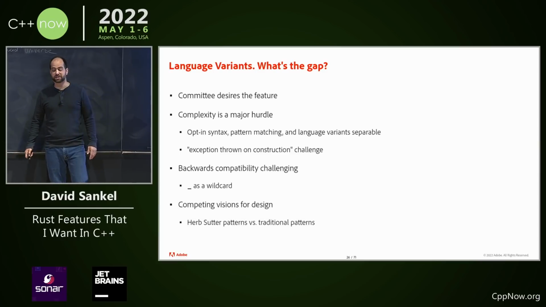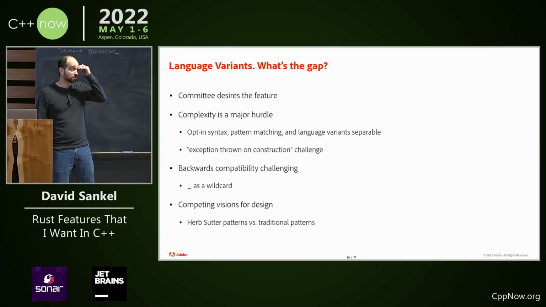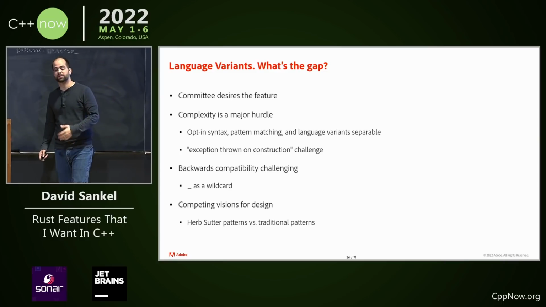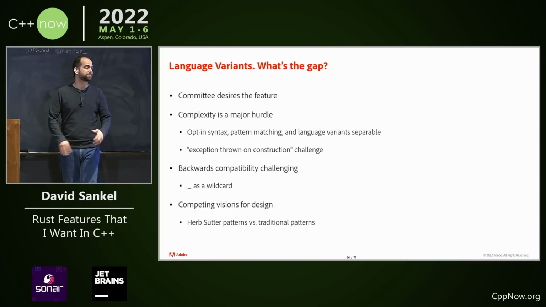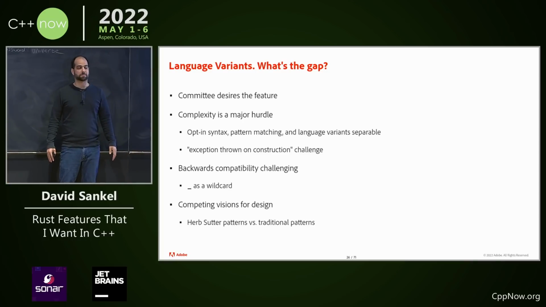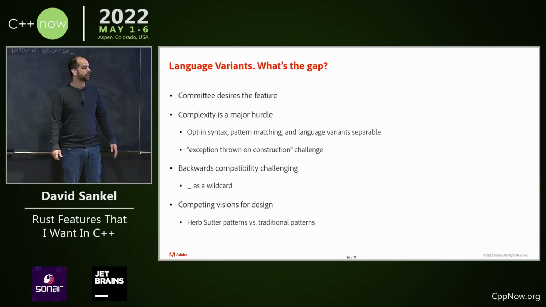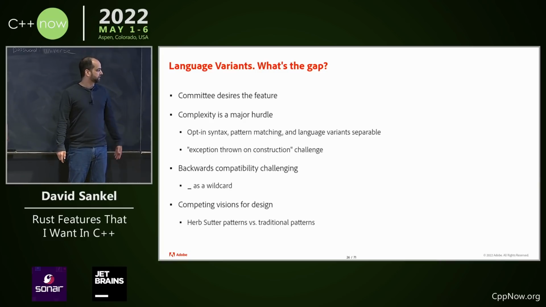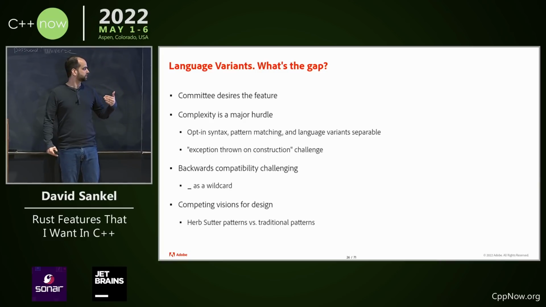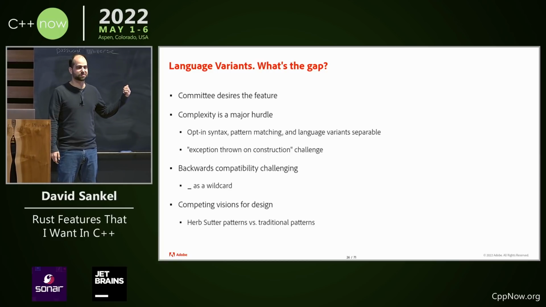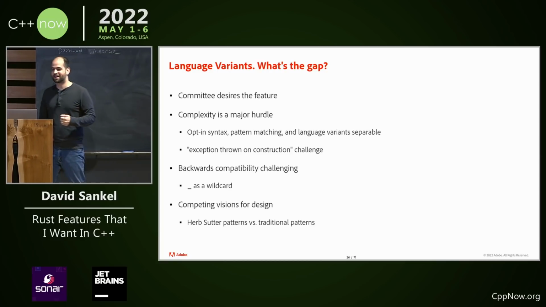The other thing is that there's competing visions for the design. So we were pretty far along with the pattern matching discussion, and then Herb Sutter came out with his pattern matching paper, which had a completely different syntax. And ours was based on pattern matching in other languages. We were kind of building off of that kind of tech, and he rethought the whole thing. So I'm sure we'll get through it. It's just, it slows us down, right? Did I mention that this was several years ago when this was originally proposed?